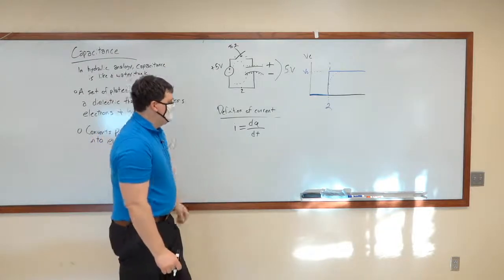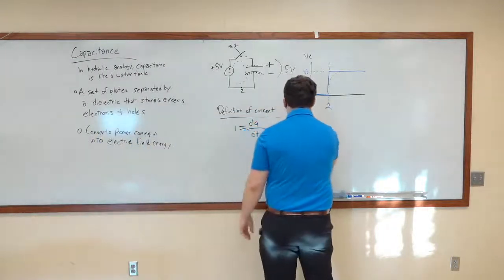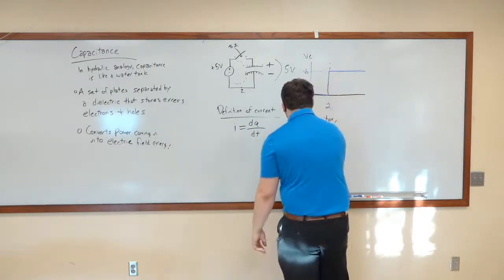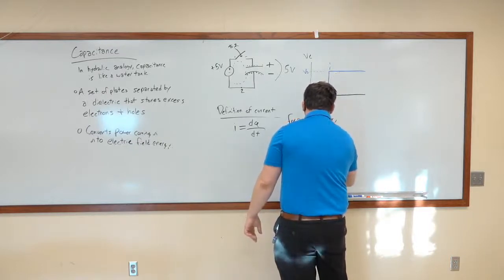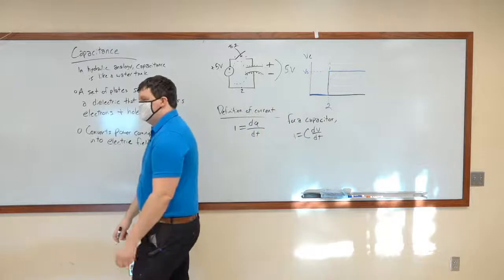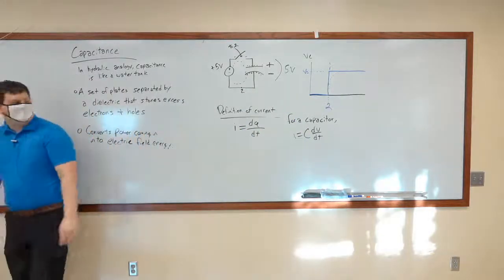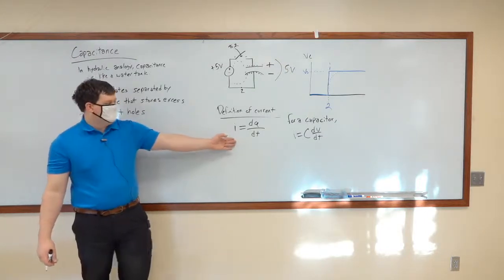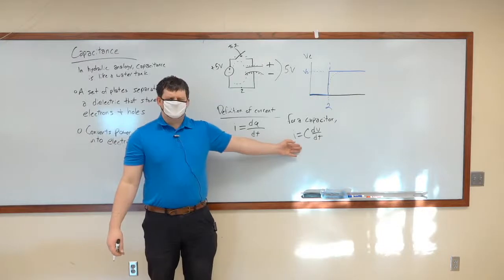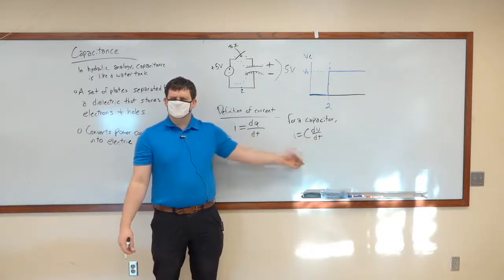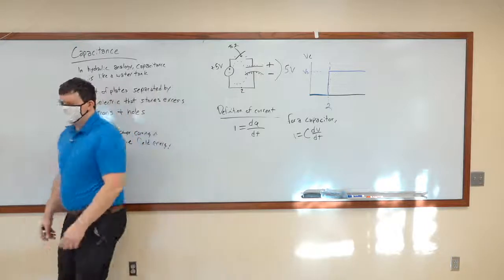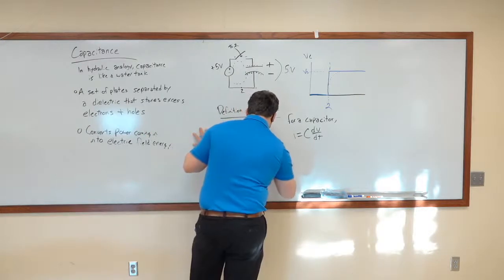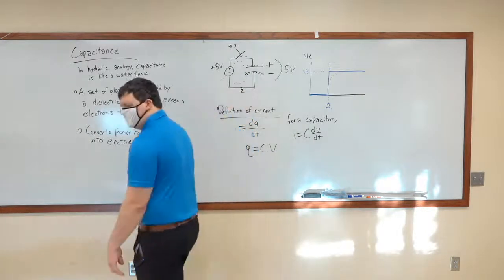Now here, for a capacitor, I equals C dV/dt. As you can see, I equals dq/dt by definition of current, the amount of charges traveling per time. I also is equal to dV/dt times capacitance C. We can just set these equal to each other, and it turns out Q is equal to CV. And I don't know why I didn't have that memorized.